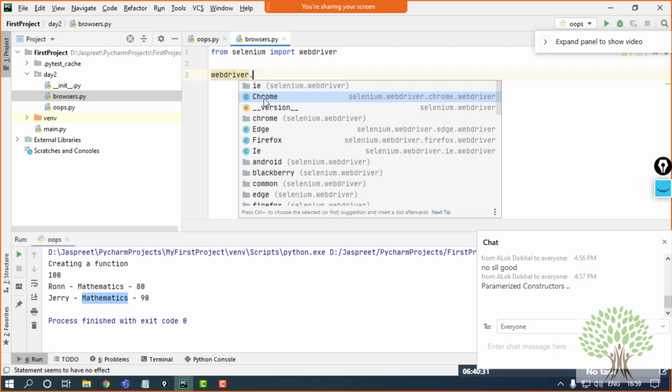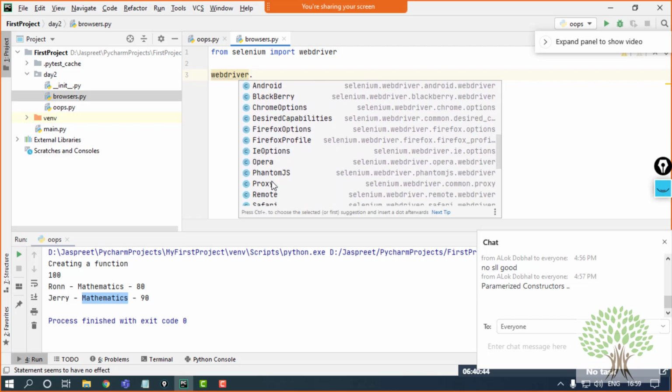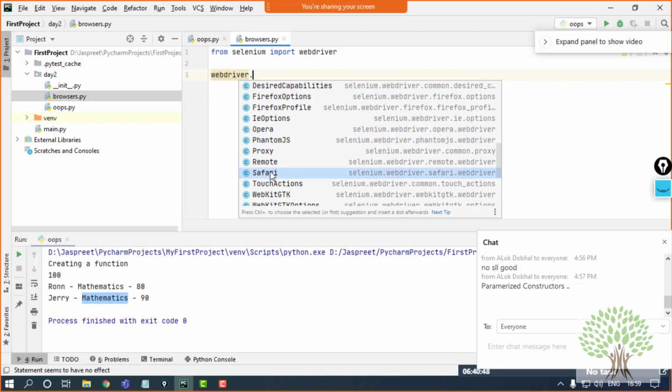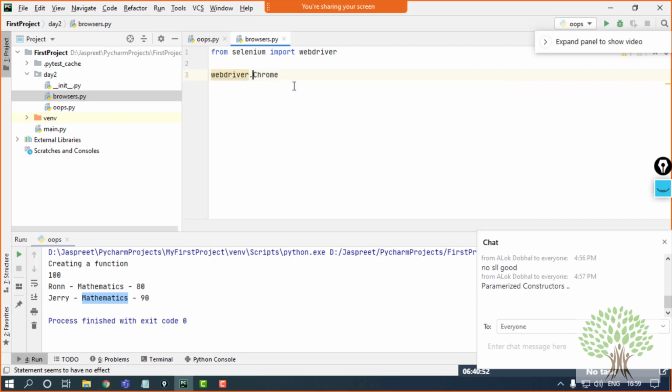This is a class by which you can open up the Chrome browser. The same way I have it for Edge. This will open up the Edge browser. Then Firefox, then Internet Explorer, and then I have others like Opera, Phantom, Safari. Likewise, I can open any browser. So I'll open up the Chrome browser, let's say.